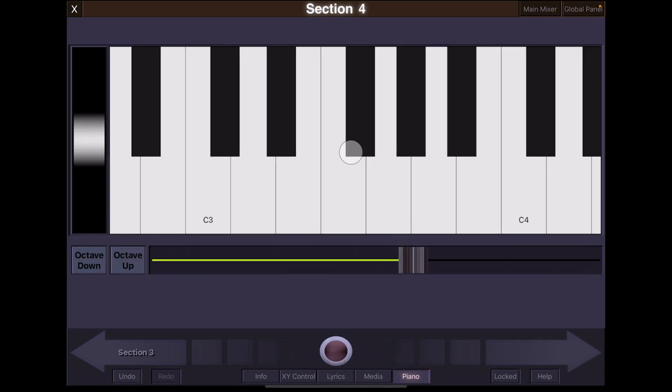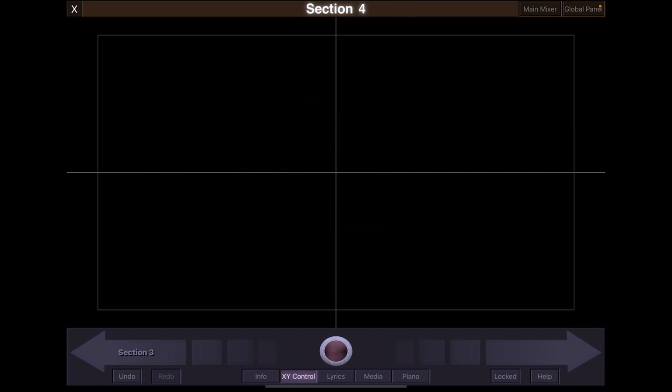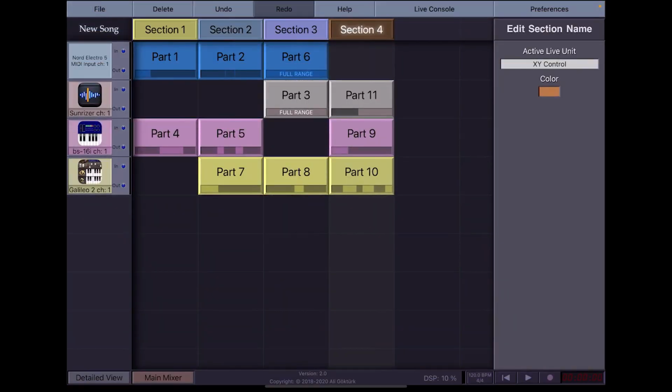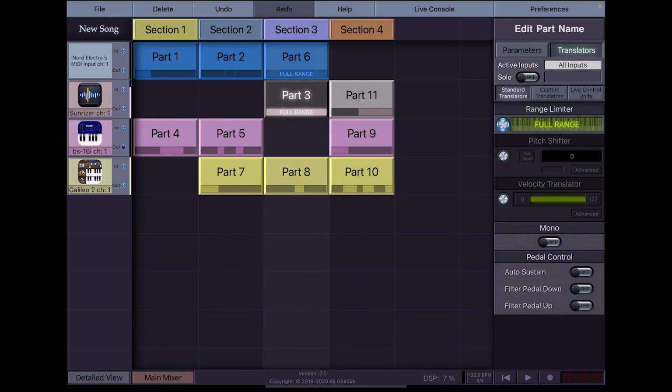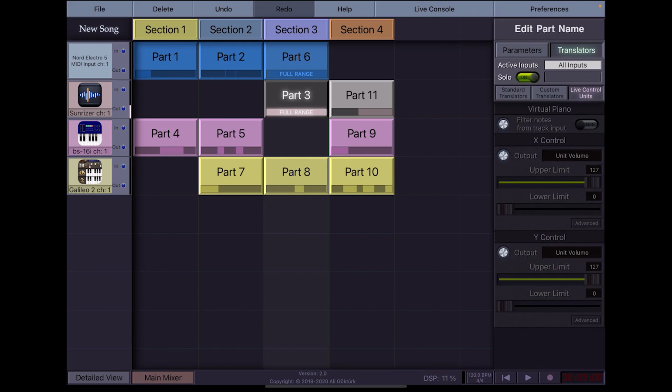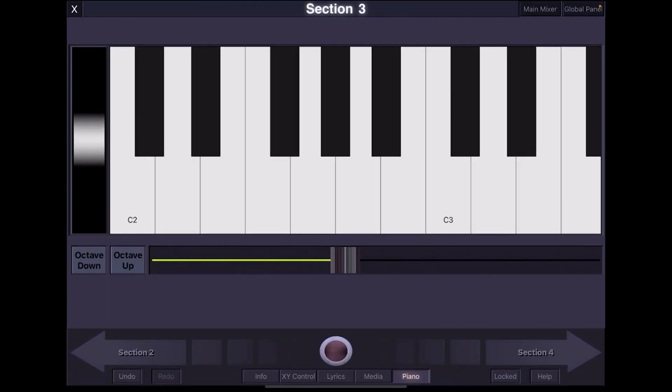So these and XY control units can control parts, but in order to do that, let me actually demonstrate with one part here. Let's use this Sunriser. Let's solo this. Now we move to this final part, the live control units. So the first one is the virtual piano. This means that the virtual piano now controls this unit. So if I activate the virtual piano, this controls